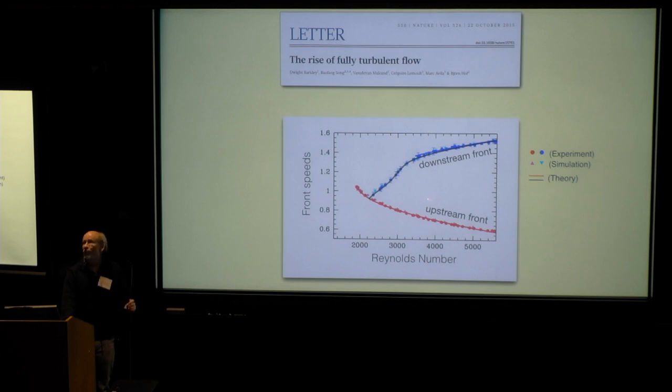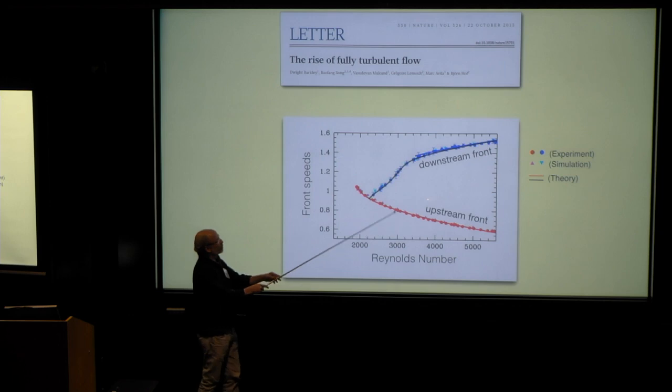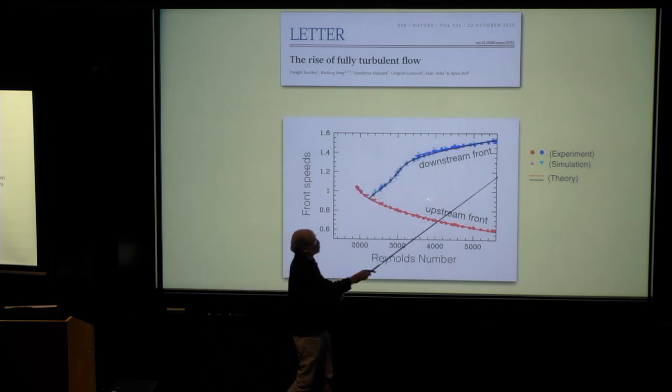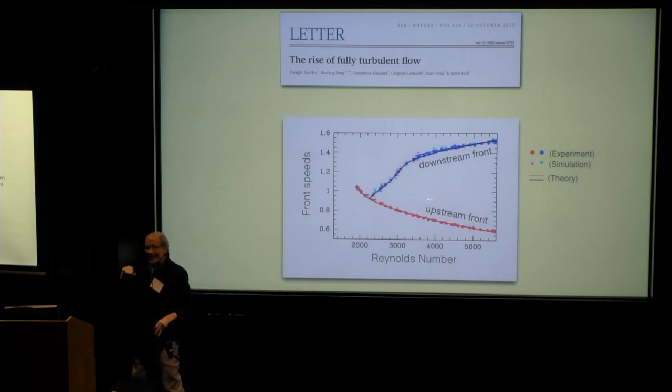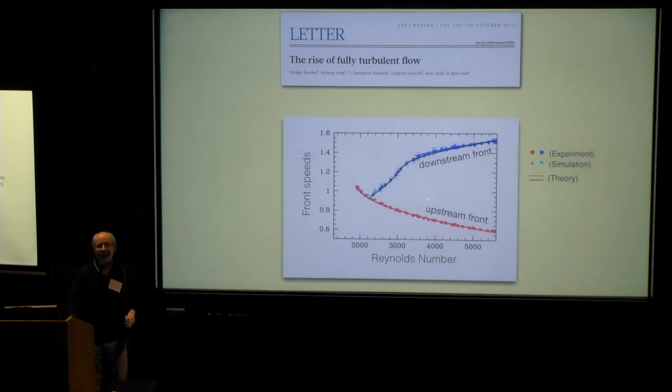I'm going to wrap up here. This is the front speed versus Reynolds number. The points on here are modern data from Bjorn Hoff's group, experiment and simulation, and the lines, which you can barely distinguish, are what the theory gives you. It wasn't designed to be this quantitatively accurate, but it tells you something. There's a lot of details in there that I could talk about.